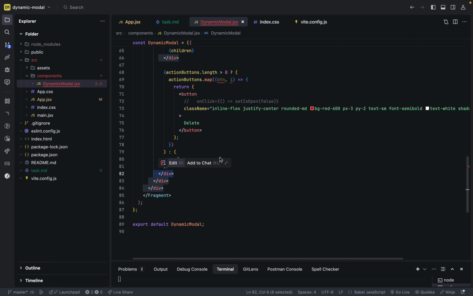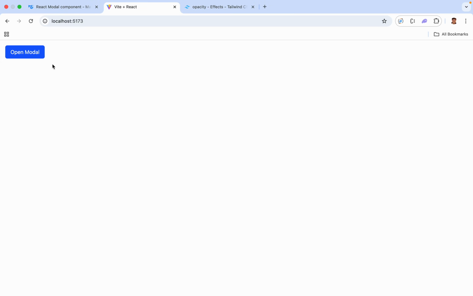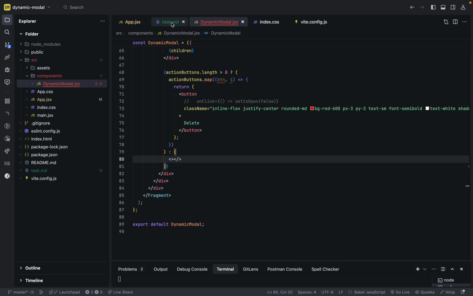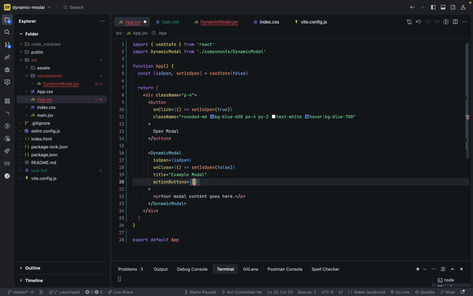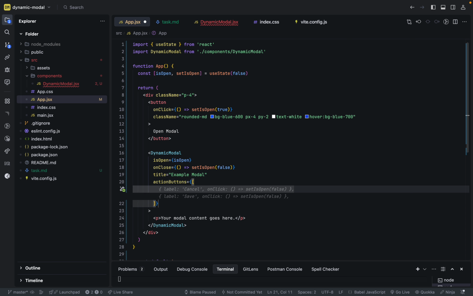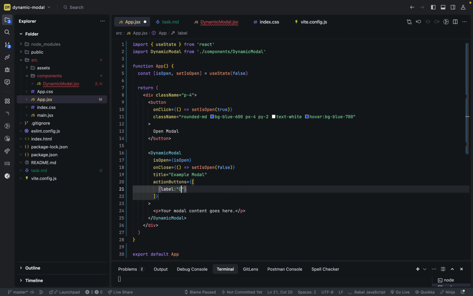Comment document. Okay. So let's see. We don't have any button now, right? So go there and say action buttons. The first button will be okay. We have the thing. So we have the label. I'll say cancel